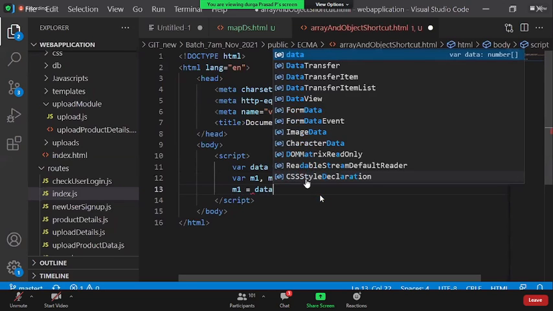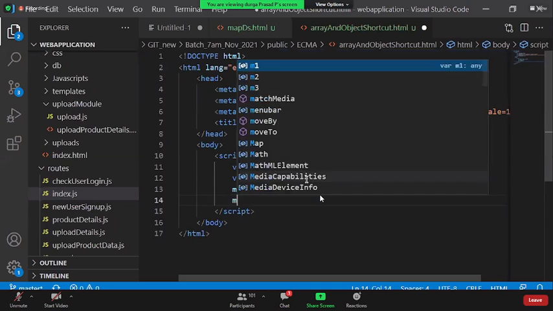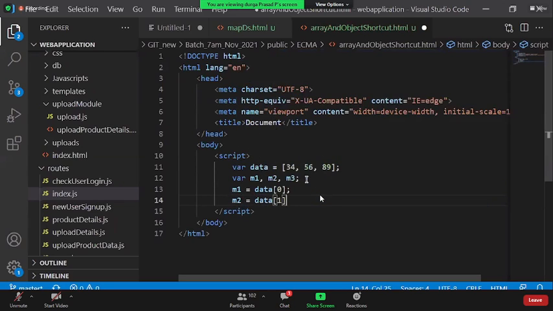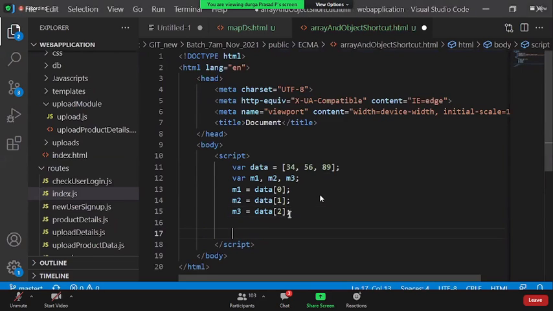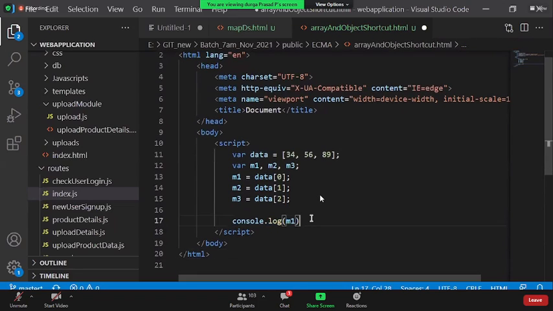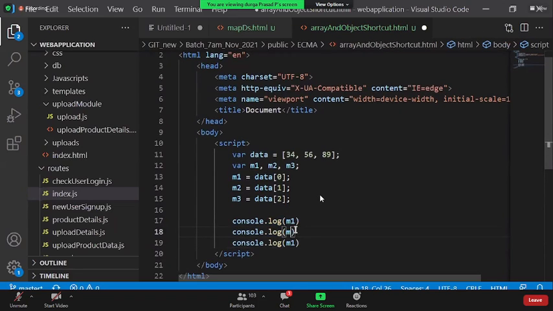M1 is equal to data[0], M2 is equal to data[1], M3 is equal to data[2]. This is how I would like to initialize the values M1, M2, M3. This is what we do in ECMA 5. Let us even show this: console.log M1, M2, followed by M3.